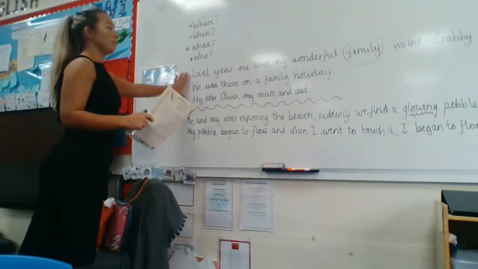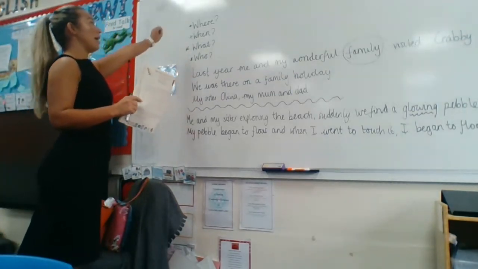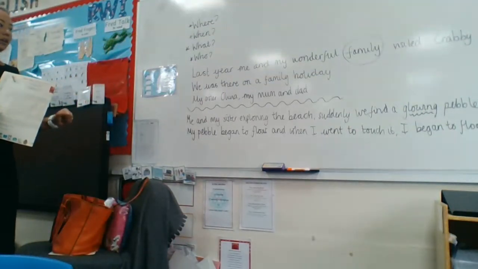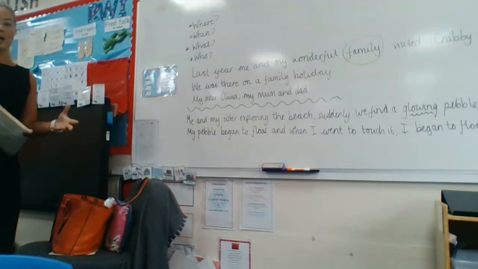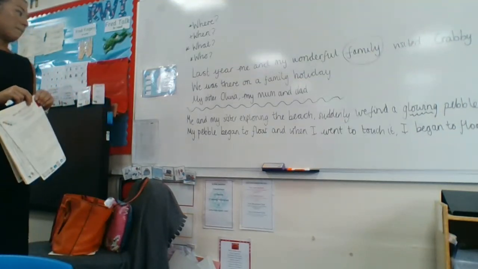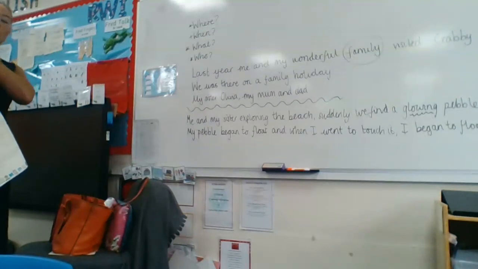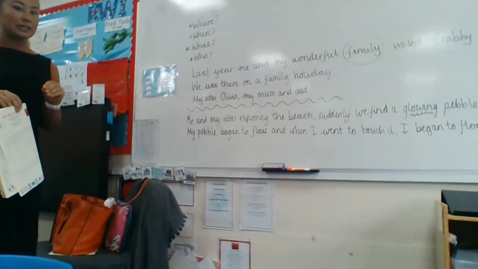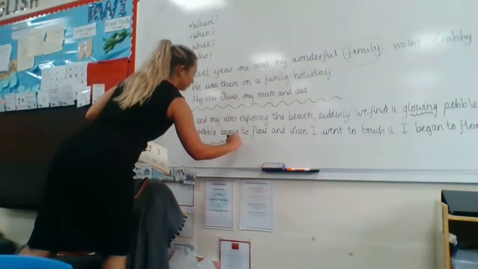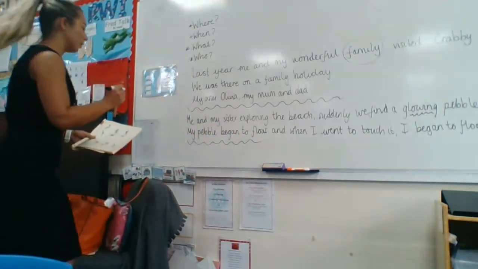So I've done my beginning. I've explained where I am, who I'm with, when I went, what I'm doing. Not in detail, just a little bit. I've said my middle so that I'm then, in my story, going to explore the beach and I find a magic pebble. My pebble begins to float, and when I went to touch it, I begin to float as well. I've not gone into any more detail yet. That's for tomorrow. And at the end of the story, it's up to you what happens, but I'm going to go back